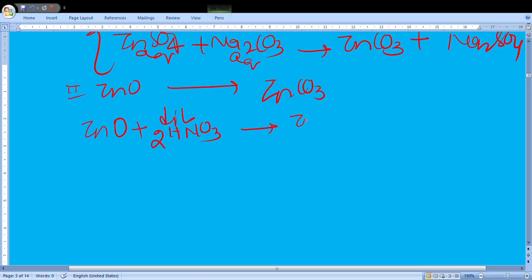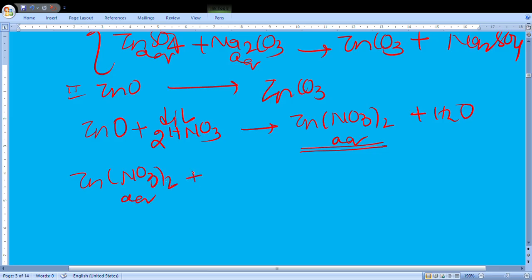So here you will have Zn(NO3)2 aqueous plus H2O, and this Zn(NO3)2 will be treated with Na2CO3 solution aqueous to form white PPT of ZnCO3,